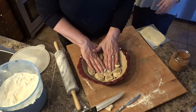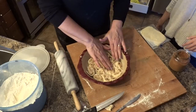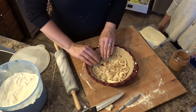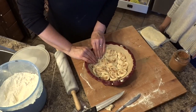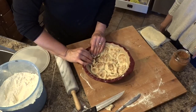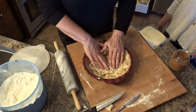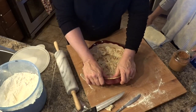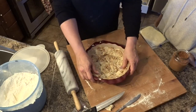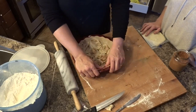And now we're gonna... Wait, what are we making? Apple pie. Apple pie. Yeah. We're making cinnamon buns. What is this? This is not gonna look pretty for the...